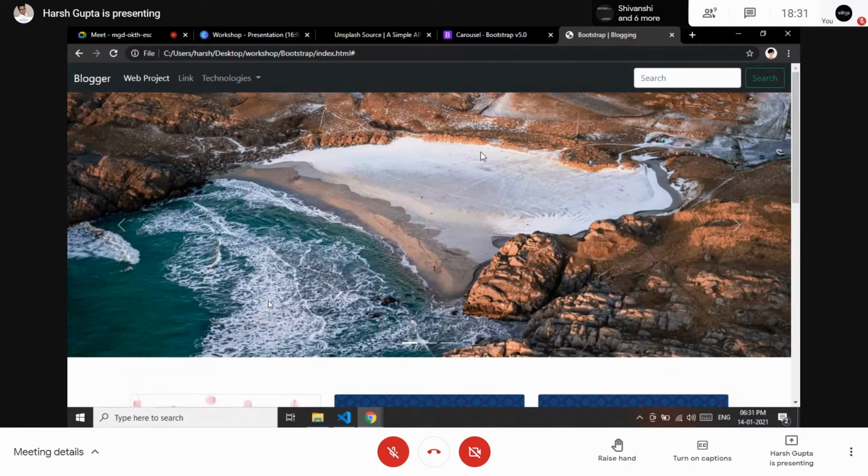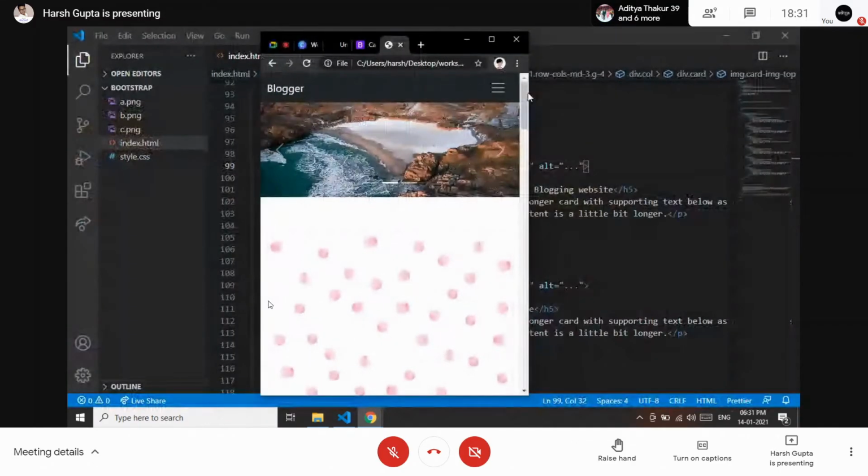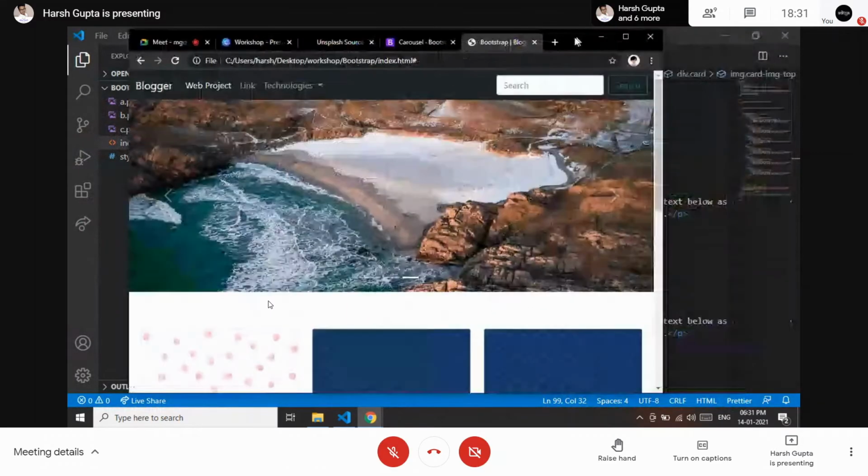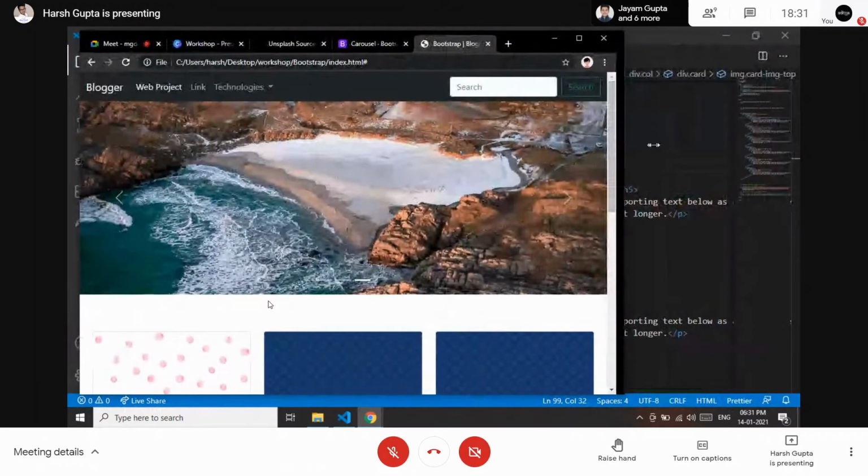And as I told you initially, this Bootstrap is responsive. So what is responsive? It will redesign itself for the mobile view. So if I do this, let me just make it from the beginning so that we can observe clearly what is happening.